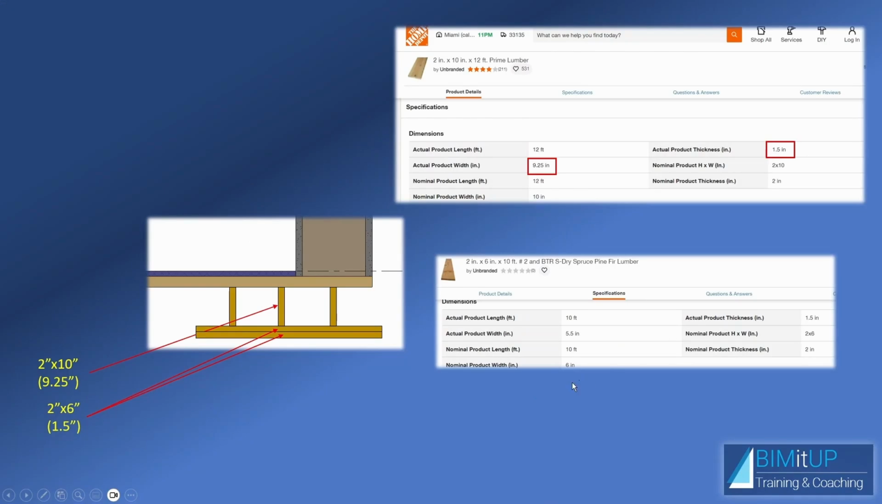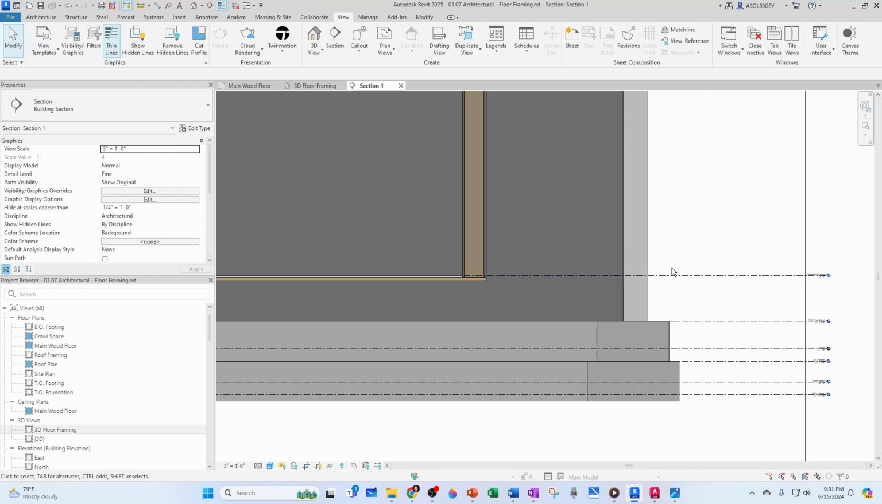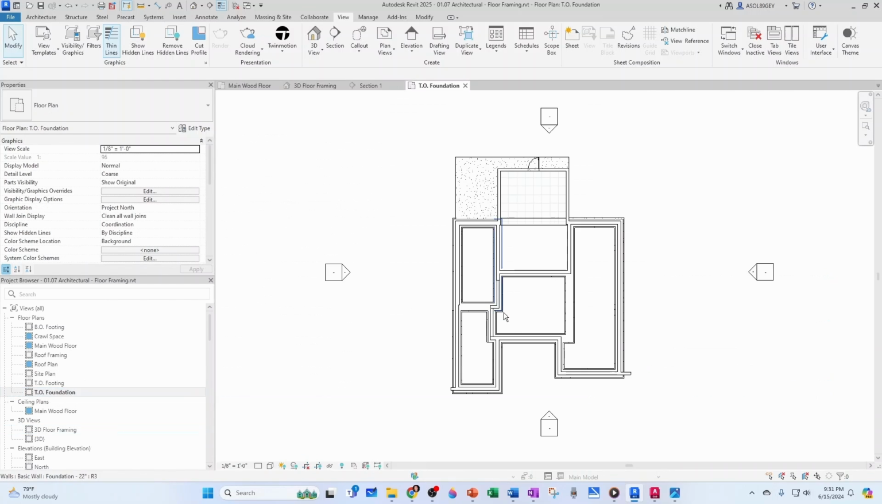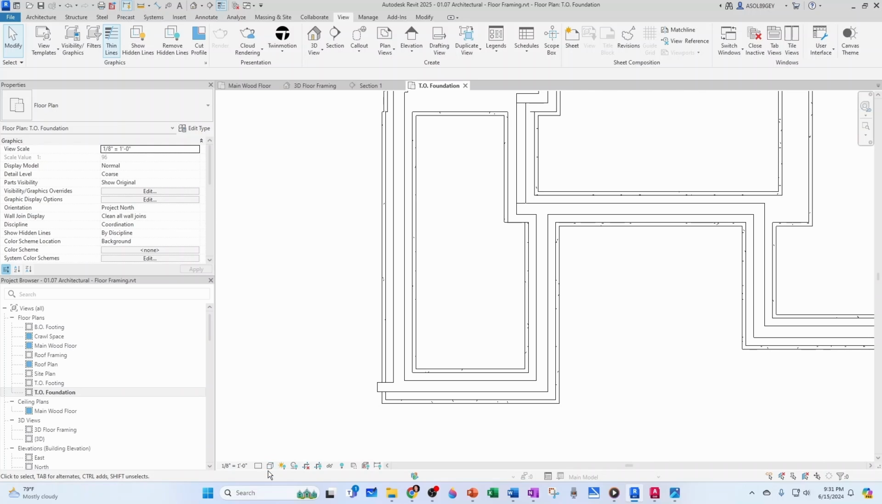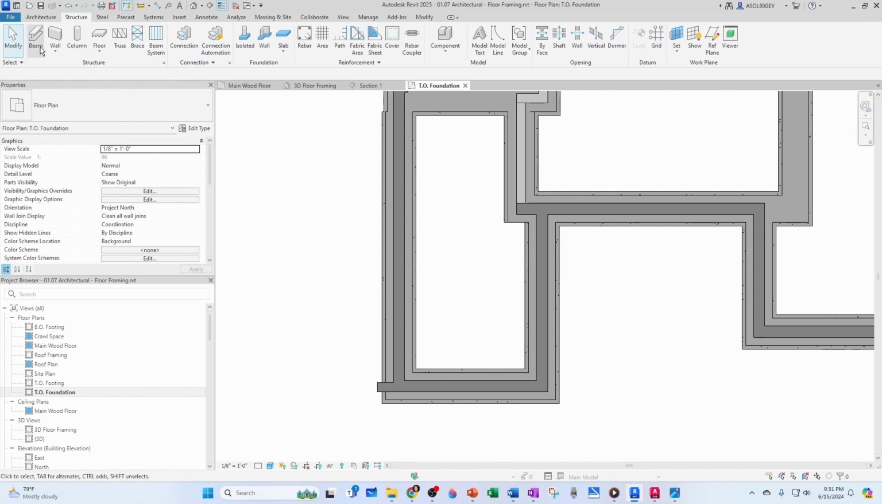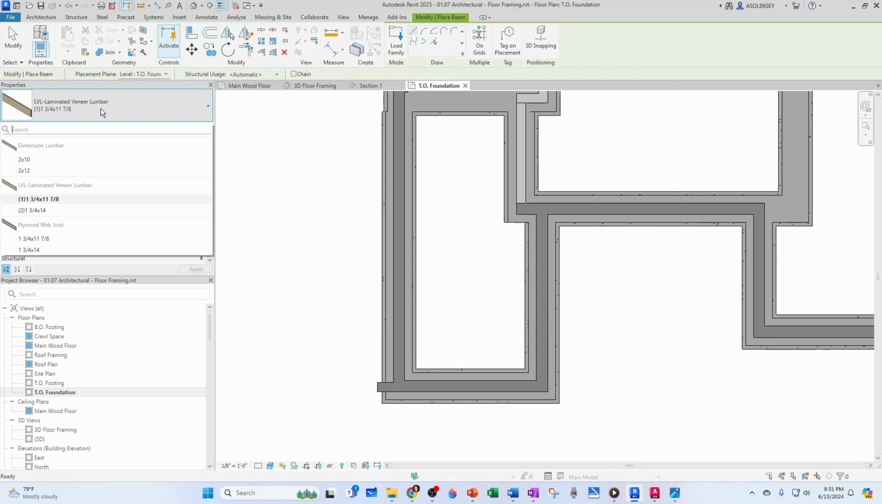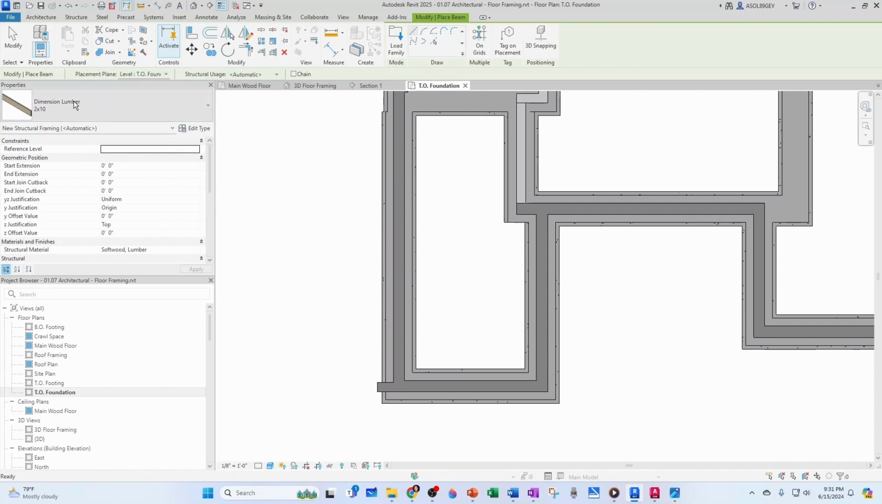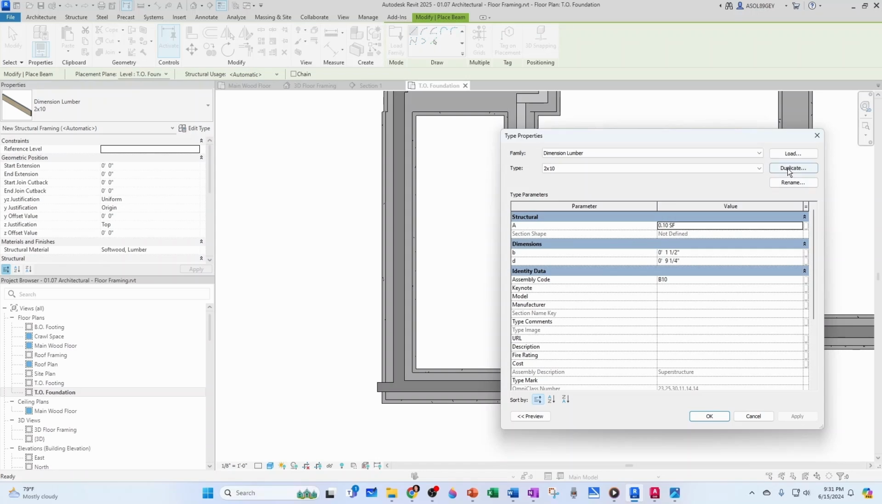of this surface. Now let's remember that our nominal 2x6s sitting at the bottom are actually 5.5 inches in width and 1.5 inches in thickness. So knowing that, let's go to our top of foundation plan, and I'm going to change this to shaded so that I can see different colors here. And now let's see under structure if we find any beams that resemble what we're looking for. We can see that we have a 2x10, so we can use this 2x10 and edit type, and let's duplicate it. Let's create a 2x6, and we know that that is 5.5